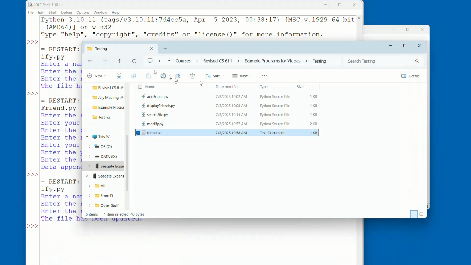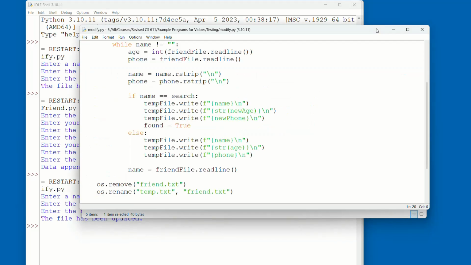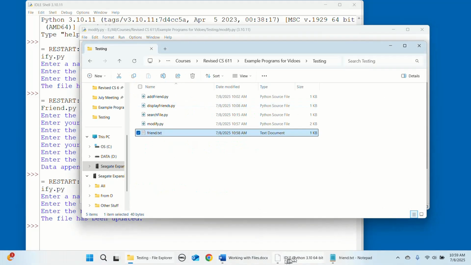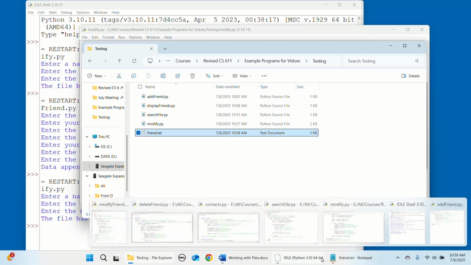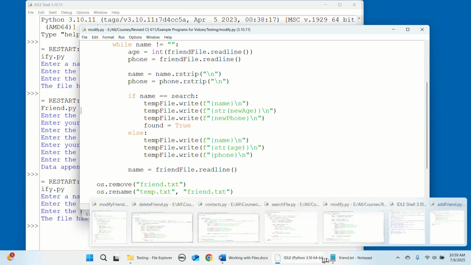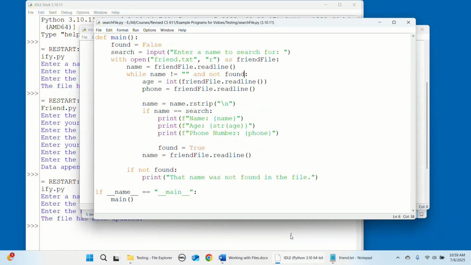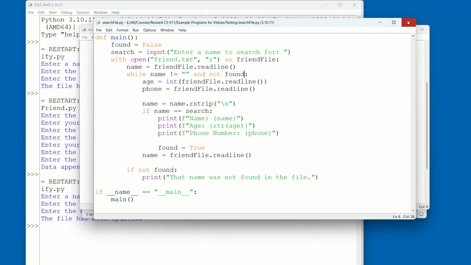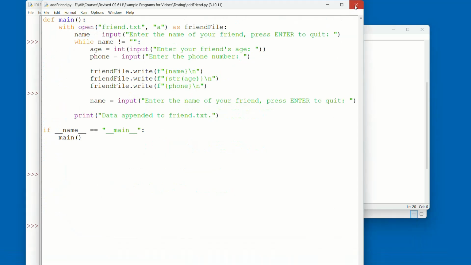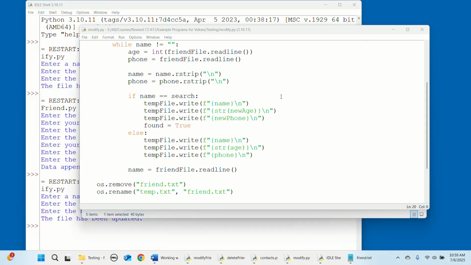So that's why if you were really wanting to make this user-friendly, that what I would do, let me, a lot of things open here. That's my modified, which I want to leave up for a little bit. I can close that one off there. And there's the add one that I can close off. Okay. So what I was saying is that if you really wanted to make this user-friendly,